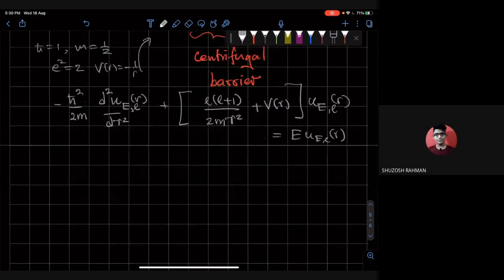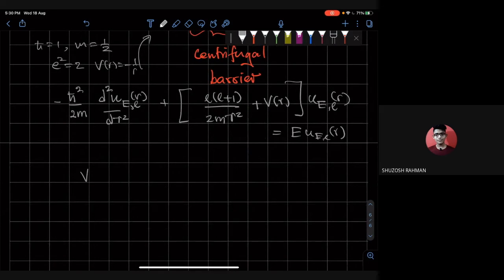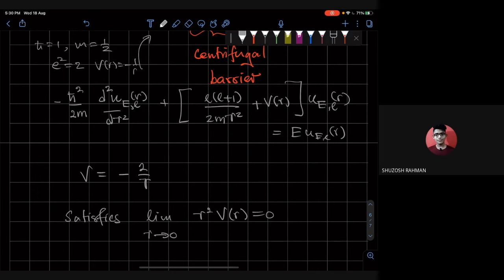So now note that the potential has the form minus 2 over r, right? And it satisfies the condition that as r goes to 0, r squared V of r is 0. Remember that we required this from,